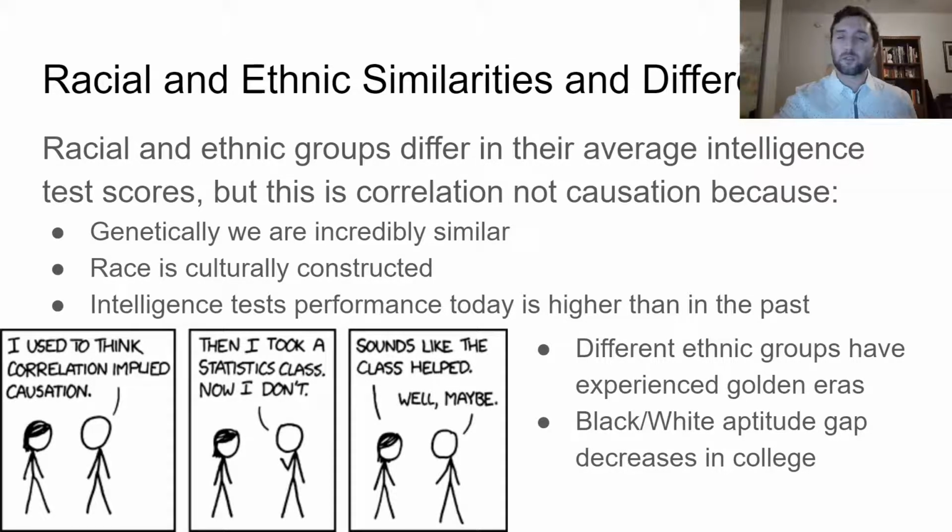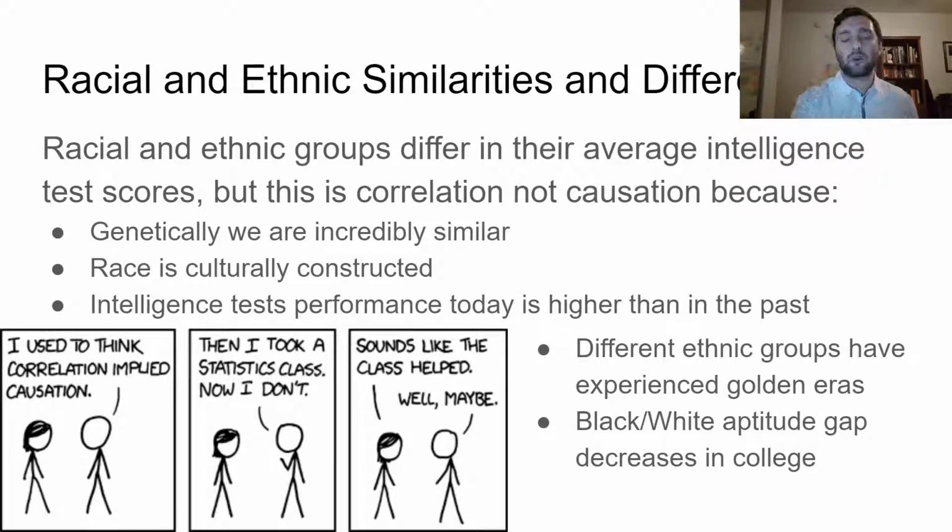Now, one thing that's really important about this is that even though we do see differences here, we know that these are actually due to a correlation, not a causation. So for example, if I have Black, white, Asian, Latin, all these different racial and ethnic groups, even if I see differences, we can see through these different pieces that we'll talk about in a second that their higher or lower scores aren't being caused by the fact that they're a certain race or ethnic group, but it's just correlating with that. And so here are some of the reasons why we know that's true.